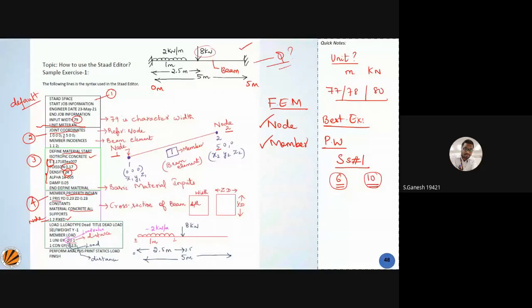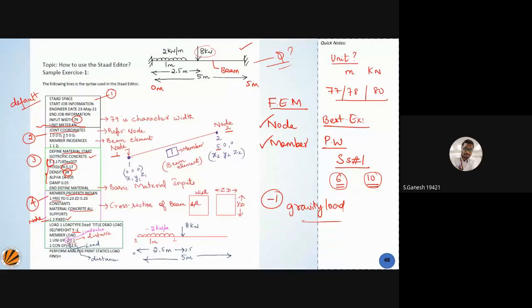And then you can see for the load type, which type of load I want to give. It is a dead load and self weight is -1. It's due to gravity. The -1 is always due to your gravity, so these are your gravity loads. That's called gravity loads, so we only mention -1. And supports are fixed. Again, over here, member loads.